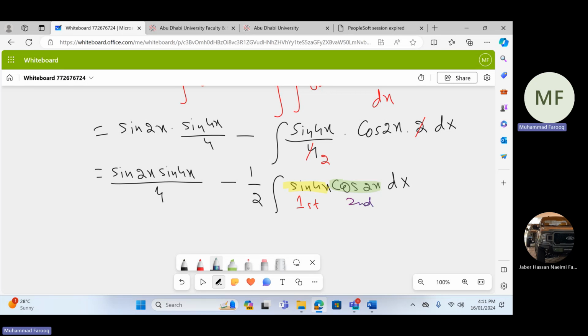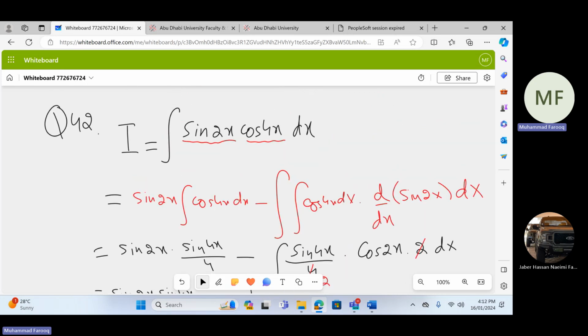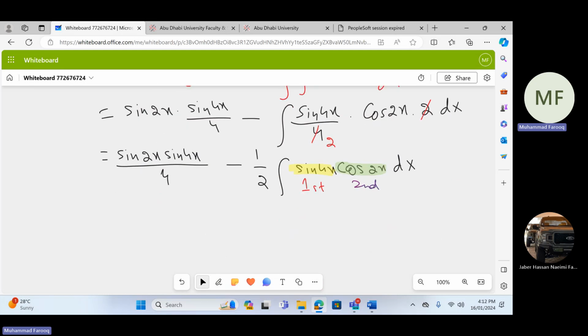Okay, so the problem is that you can start with this, no problem. Any one you can take first, any one you can take second. But when you have this again, you have to decide which one to take first and which one to take second. So please be careful. The second time, you cannot say it doesn't matter. Second time, you have to take that function as first function,